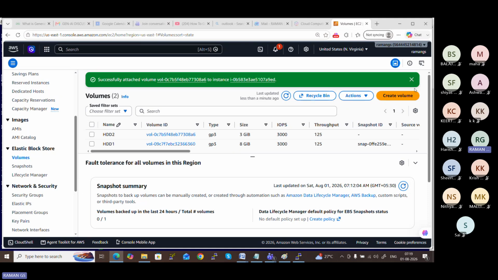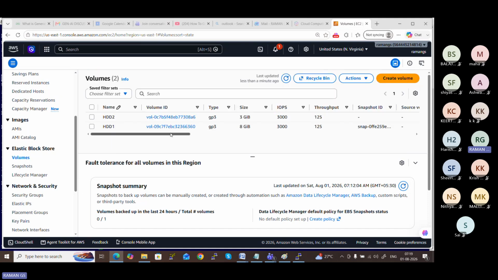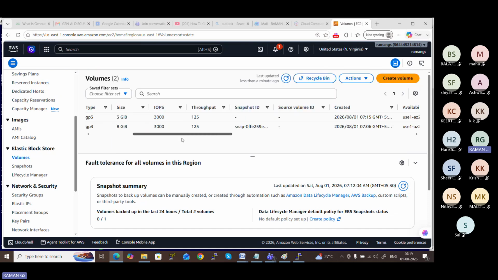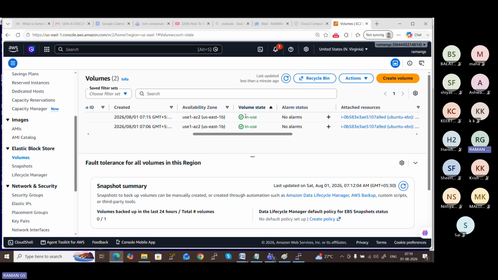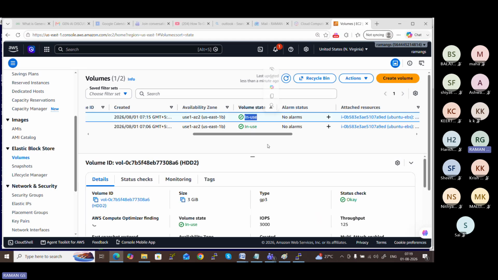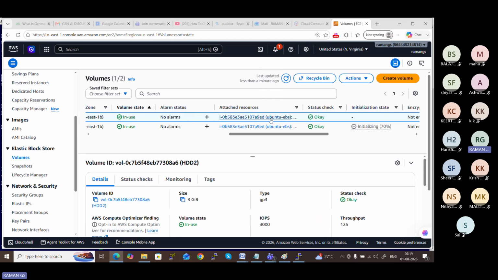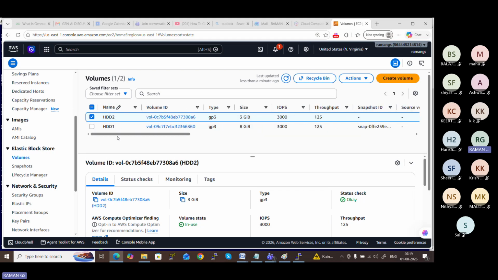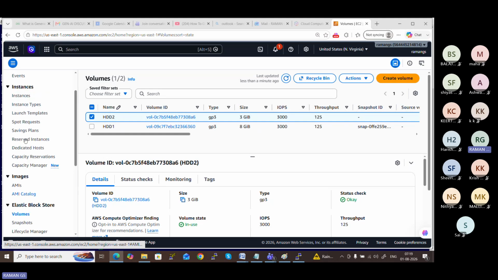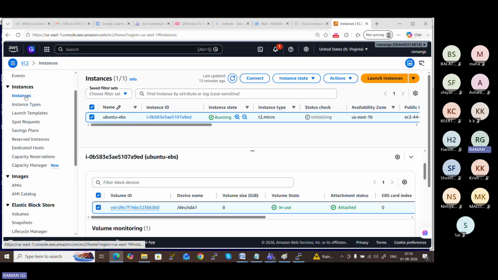When I click on attach volume, the hard disk, which was earlier in available state, has now changed into in use, and the attachment information shows it is attached to the Ubuntu EBS. Go to the instance and verify whether it is attached or not. Select the instance.